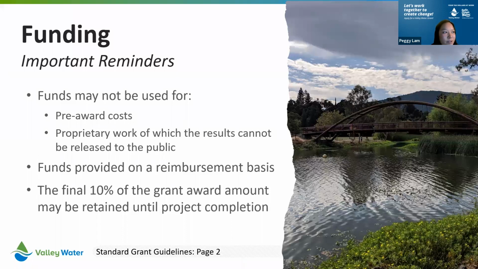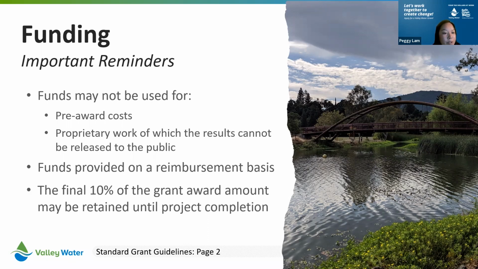So as far as funding and reminders, the funds can't be used for pre-award costs or proprietary work of which results cannot be released to the public. The funds are provided on a reimbursement basis.